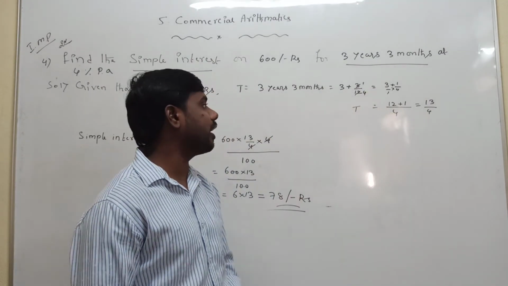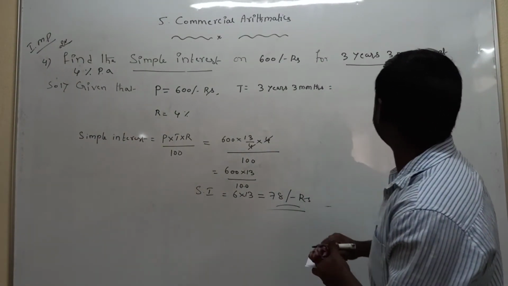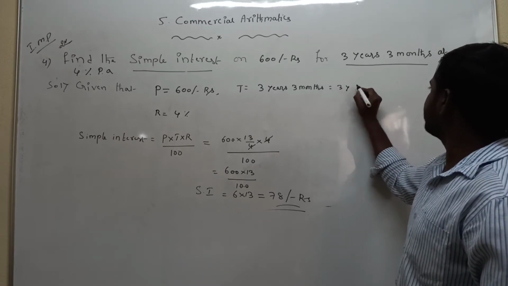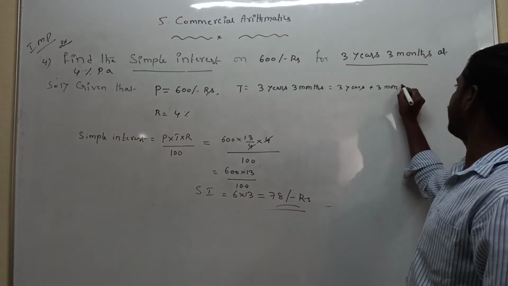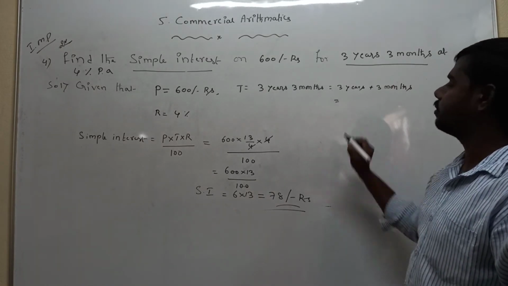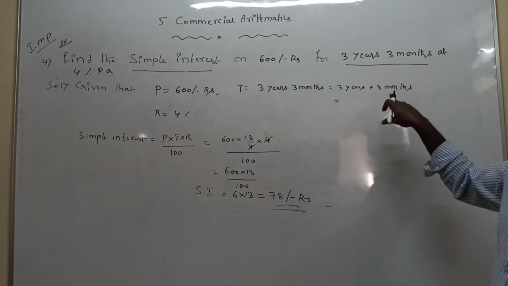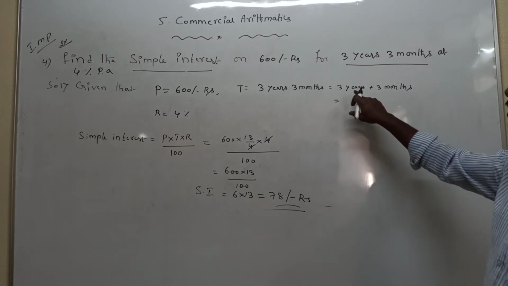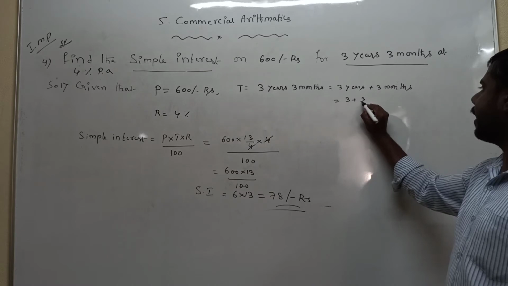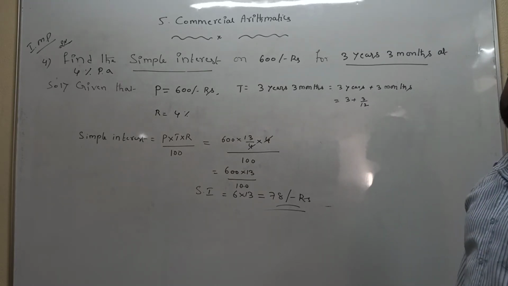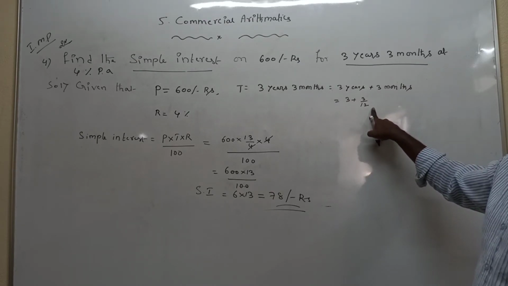How to take the time, listen please, once again I will explain. Here what is given means we are adding 3 years plus 3 months. Are you understanding? I am writing 3 years 3 months, but we are counting only years. That's why we convert the 3 months to years. 3 years are already there, 3 only you can write, plus 3 months per year. How many months are there? There are 12 months in total. That's why the given months are divided by the total number of months in the year.